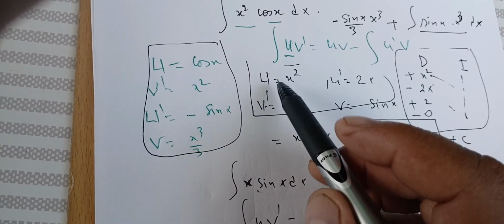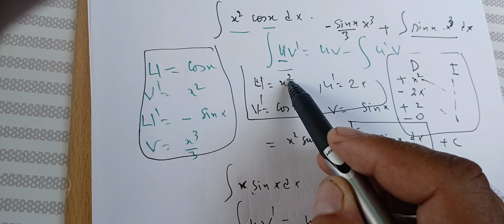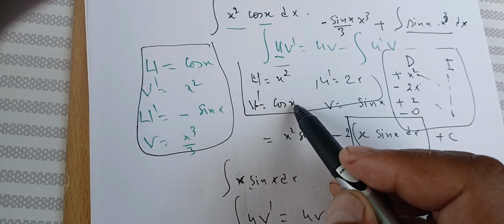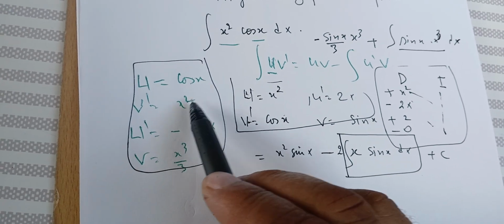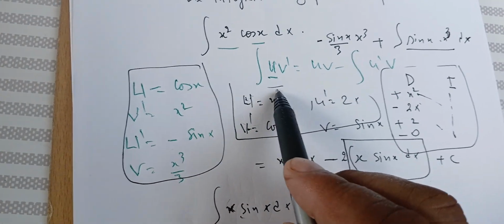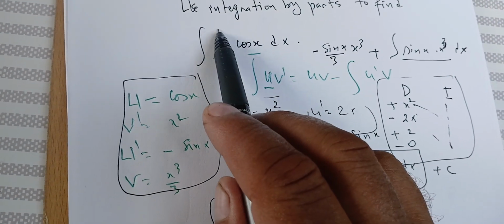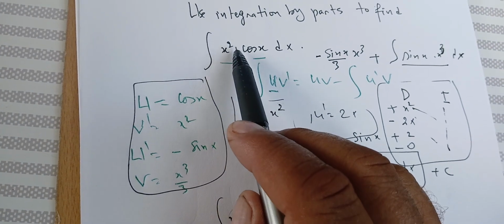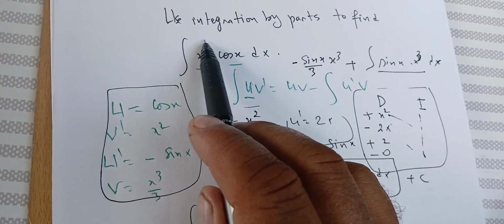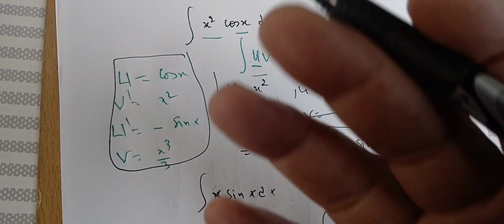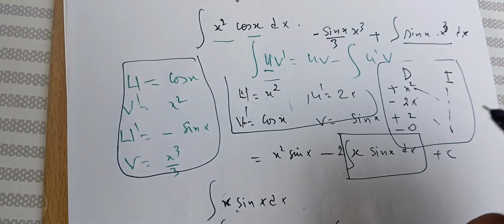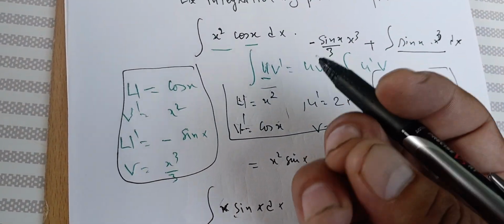Which one to choose? You choose u as x squared and v prime is the cosine, or you choose u as the cosine and v prime is x squared. So this is a better option, okay? Because we want to get rid of the powers. That's the key to doing integration by parts. We might have made some mistakes, but the aim is just to explain the idea and see which one